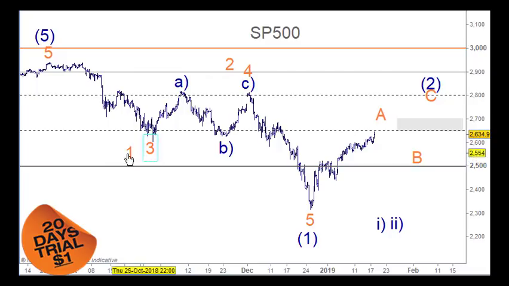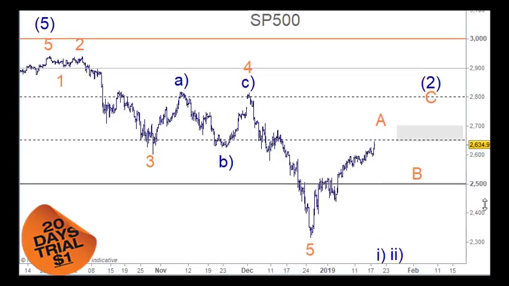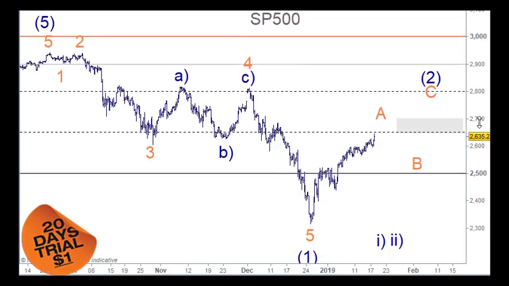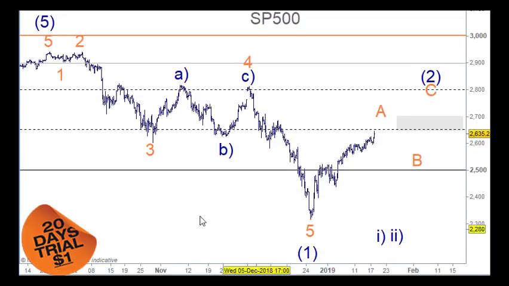But I've also looked for a bullish count, and I don't really see a problem with this particular count here. So from the top here, we've got this high. This is the high for the S&P 500. The odd thing is for the S&P 1000, this is the high here, so the S&P 1000 would throw this count back into the water. But as it stands for the S&P, we can look at this as wave 1 and 2 here,